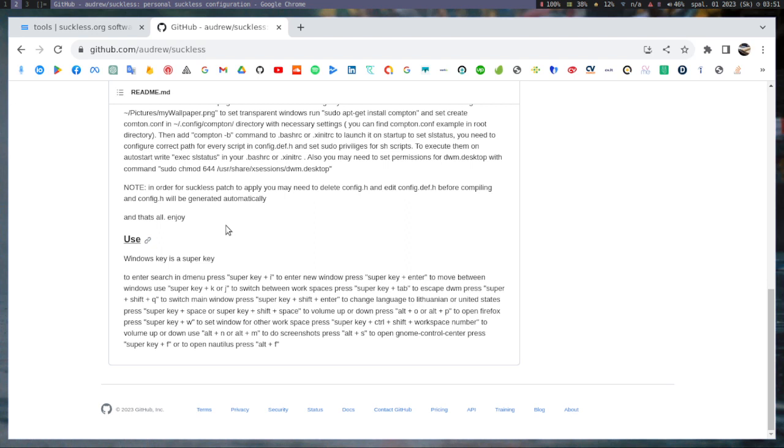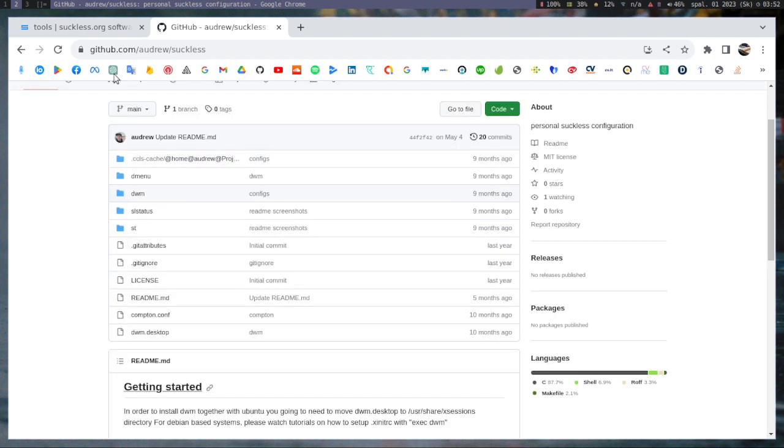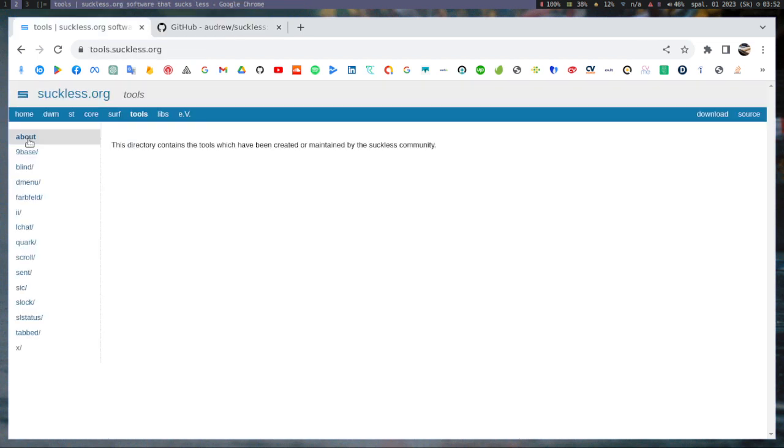And so the super key is the Windows key. I did explain it right here. And so this is the Suckless website. These are the tools. Basically, Suckless is built on different parts, such as dmenu, which is on top over here, ST terminals, and other parts. So what it does,